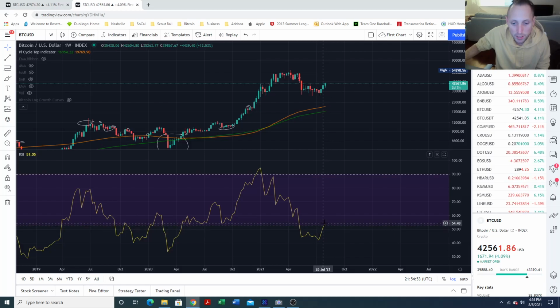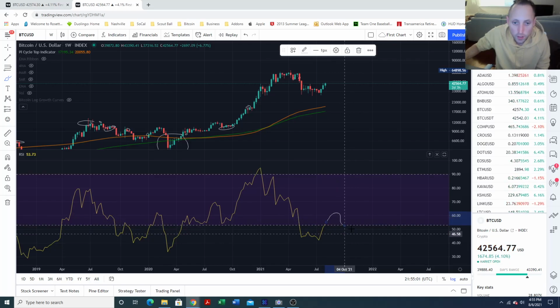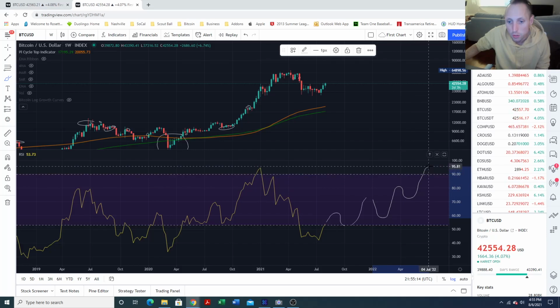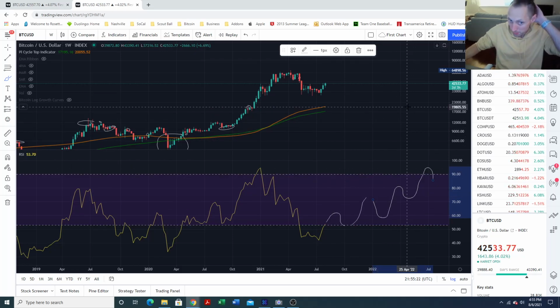I'm looking for Bitcoin to get back in here, eventually kind of come up, maybe retest like this. Hopefully it holds. And then if it holds, you might see it come back up. And then eventually, you may see it come back down. And then a little bit more up. And then eventually it's going to be an overbought period. So this is what I'm kind of looking for from Bitcoin moving forward.